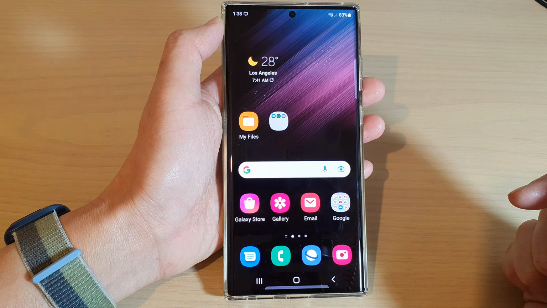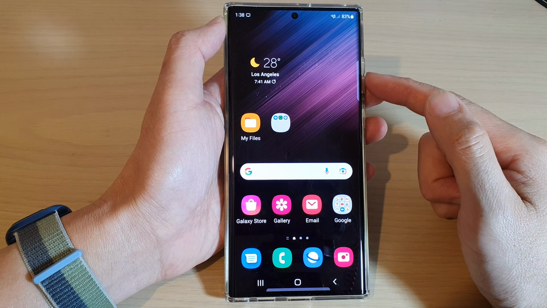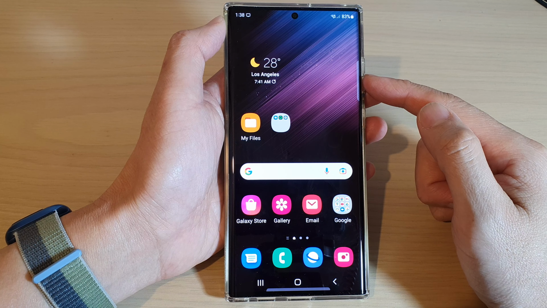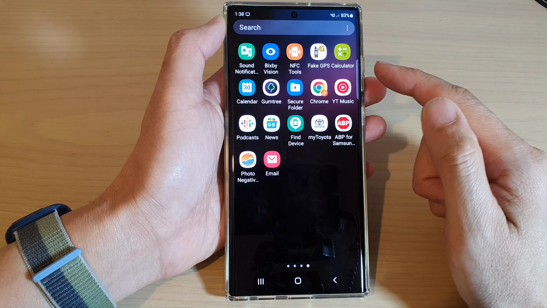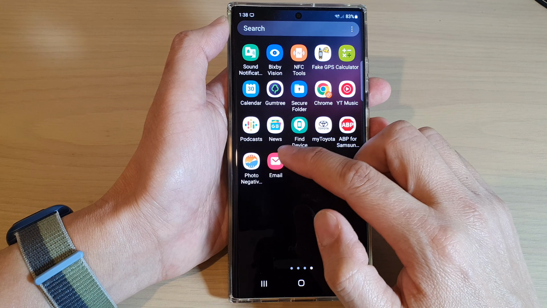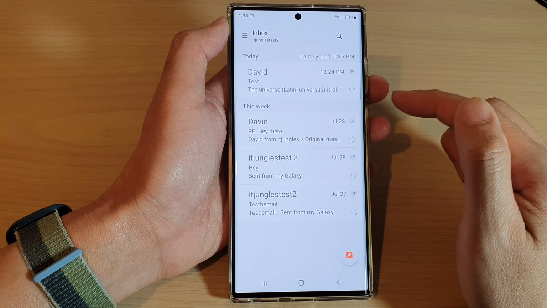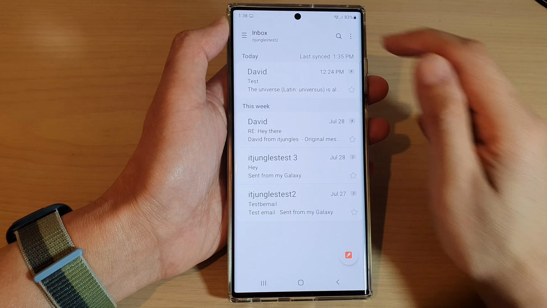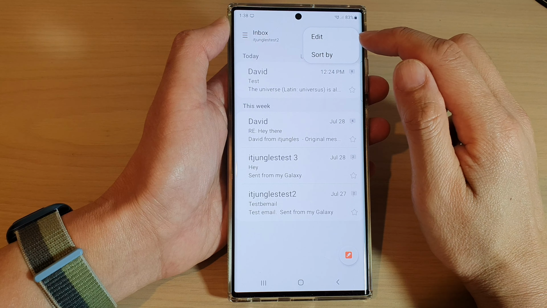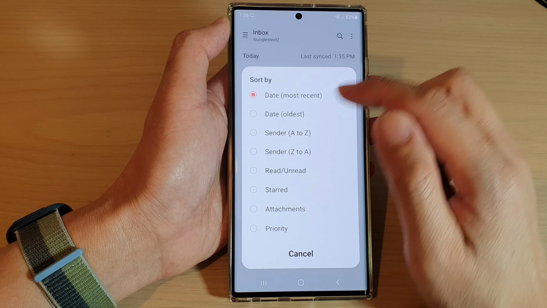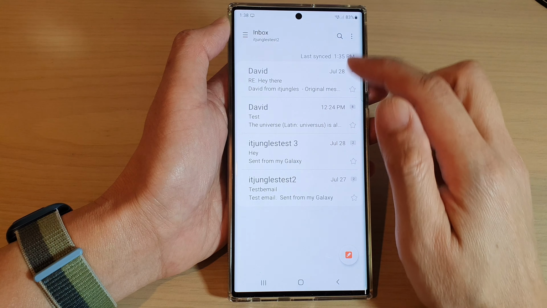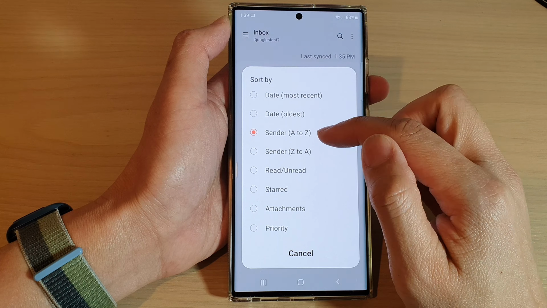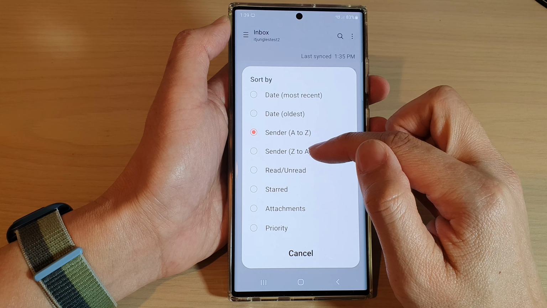First, tap on the home button to return back to the home screen, and from the home screen swipe up to go into the app screen and open up the Samsung email app. In here, tap on the option key at the top right next to the search icon, and then tap on sort by. In here you can sort by sender, so sort by sender A to Z, or Z to A,